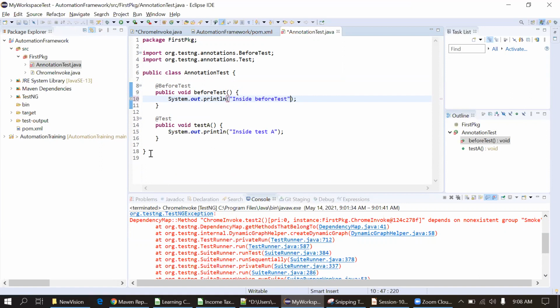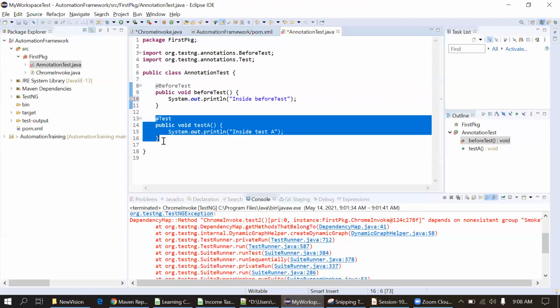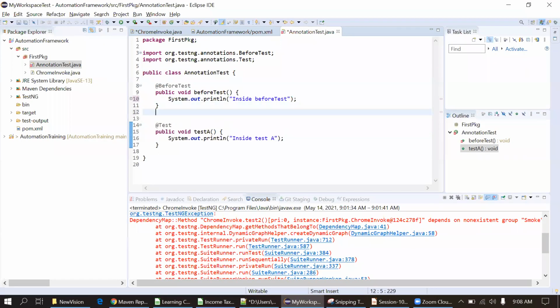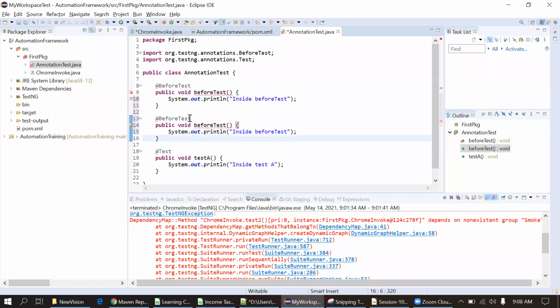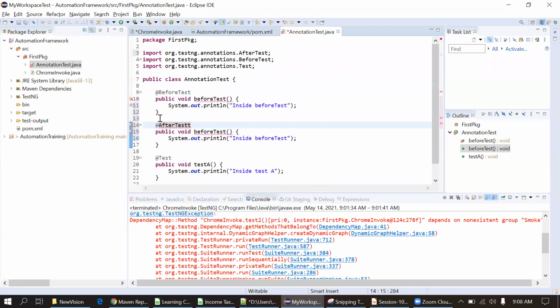And suppose there is a requirement to write or execute some code after this test case gets executed. After this code, I will put the code with @AfterTest. It is giving an error because there is the same name, so I'm changing the name here.